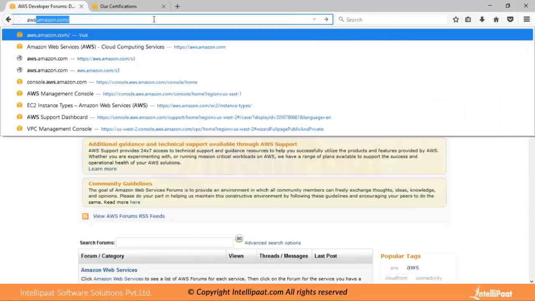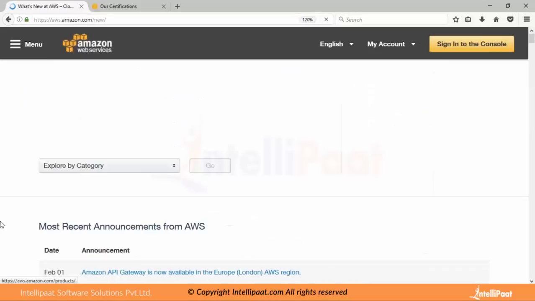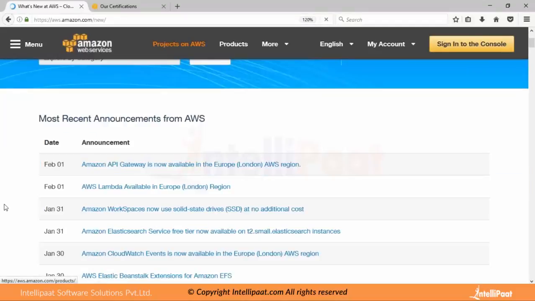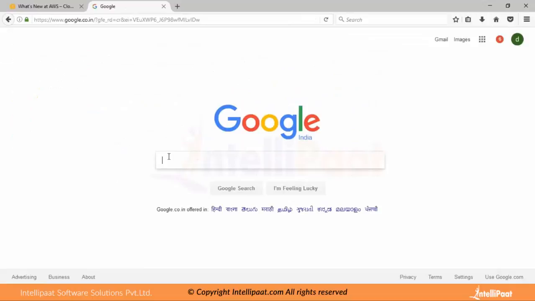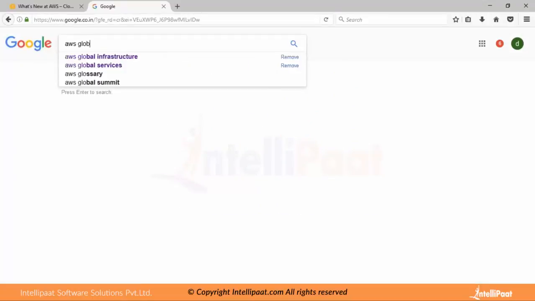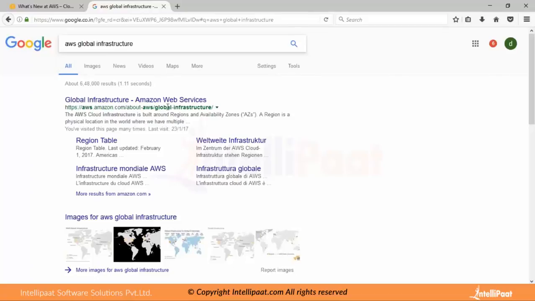On aws.amazon.com, because every day is a new day, we have news coming every single day. The last news was on February 1: Amazon API Gateway is now available in the Europe, London AWS region. So what do we mean by that? If I go to Google and type AWS Global Infrastructure, and I open up this first link,